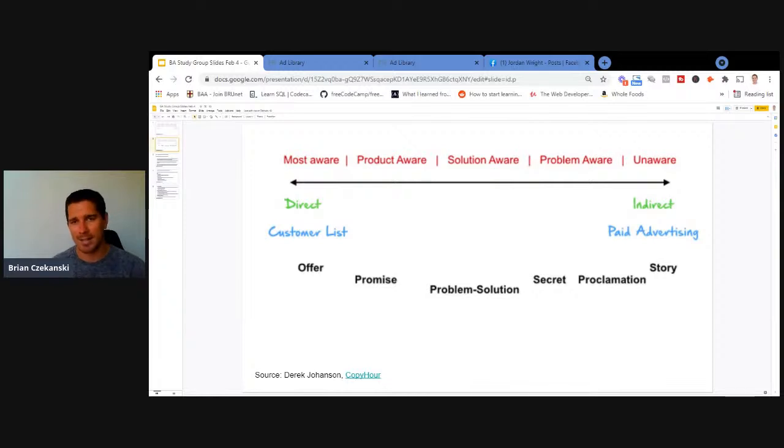So tie that unaware level to their level of skepticism. If you're in a saturated market where a lot of empty promises have been made and nobody has been able to deliver results, then you've got a lot more work to do. That's where a longer form ad might make more sense, because you have to emotionally connect with your audience, show the power of that transformation, and prove why your unique formula is better than everything they've tried in the past.